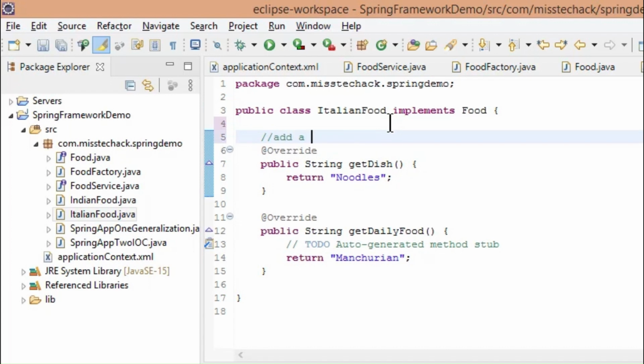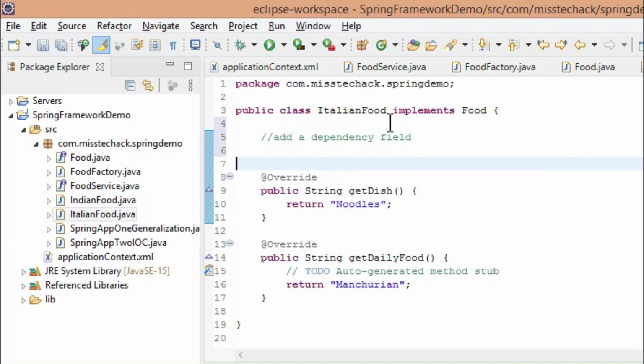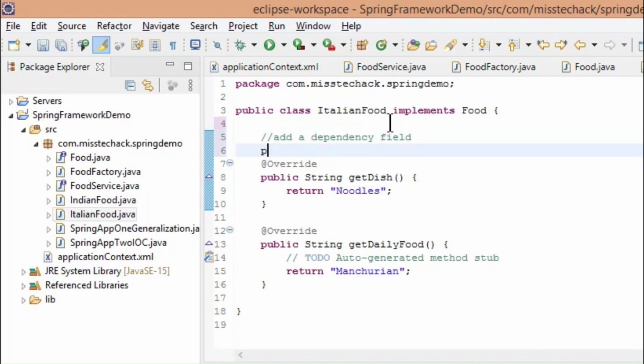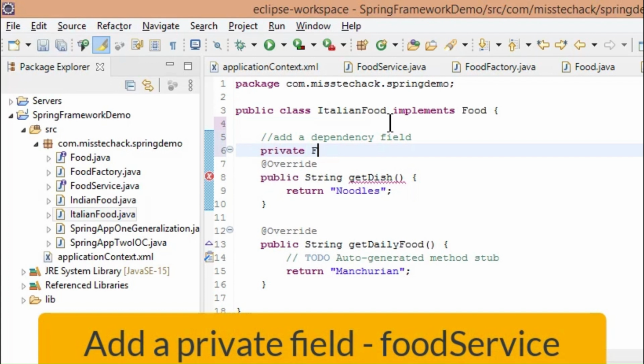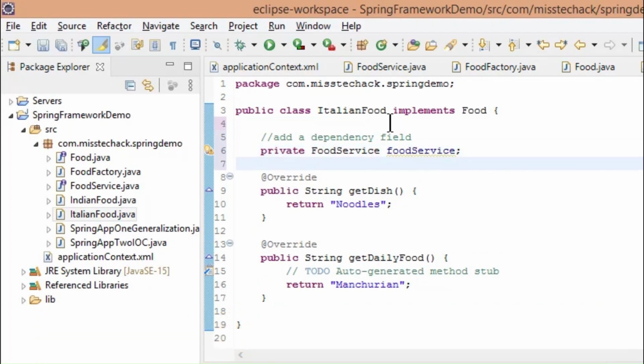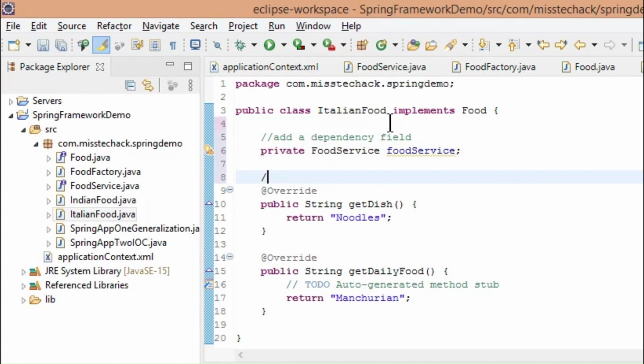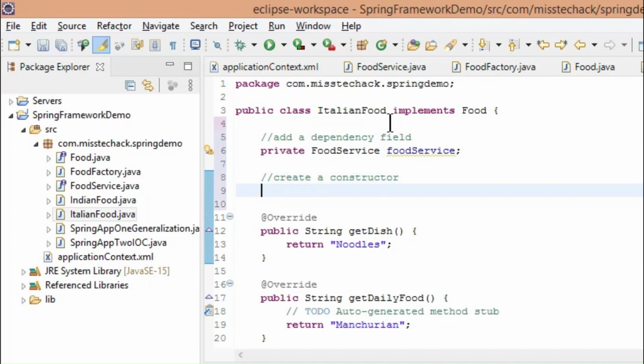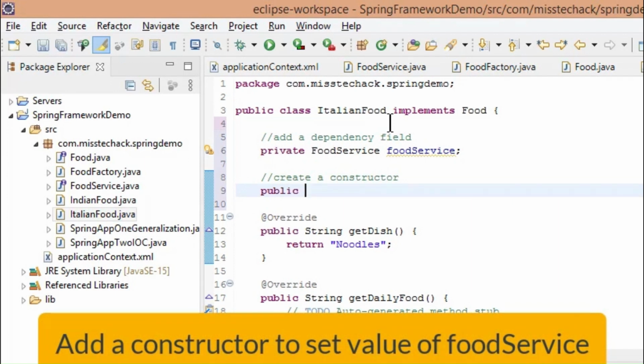Also, in the ItalianFood class, add a dependency field FoodService. Then add a parameterized constructor to set the value of the foodService field.